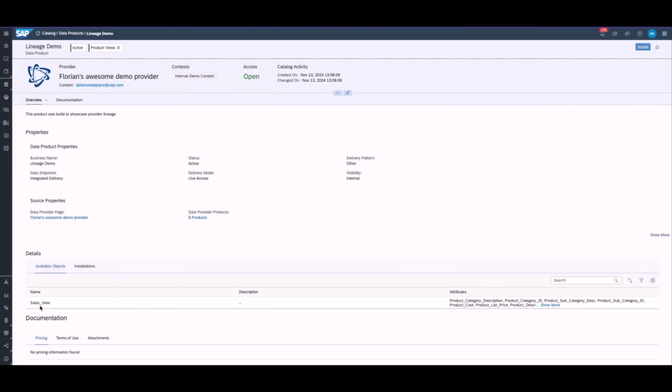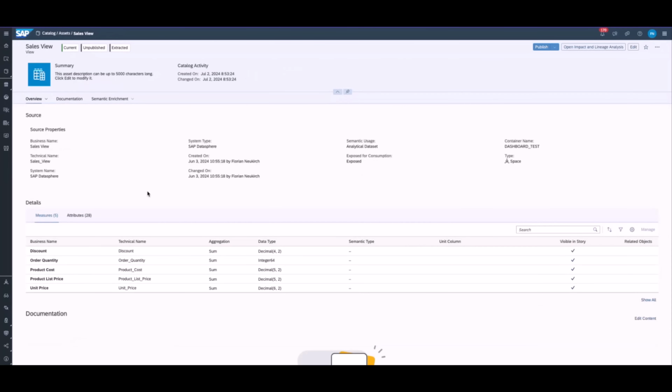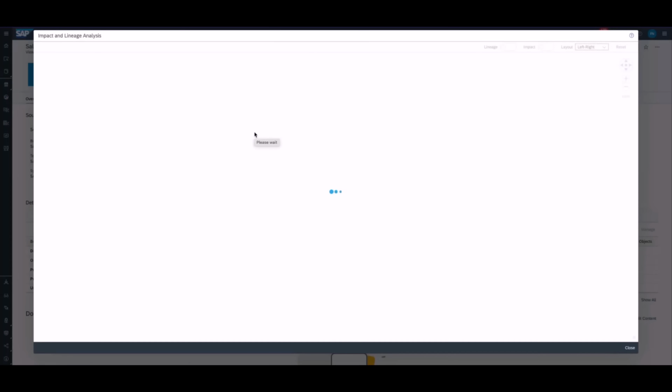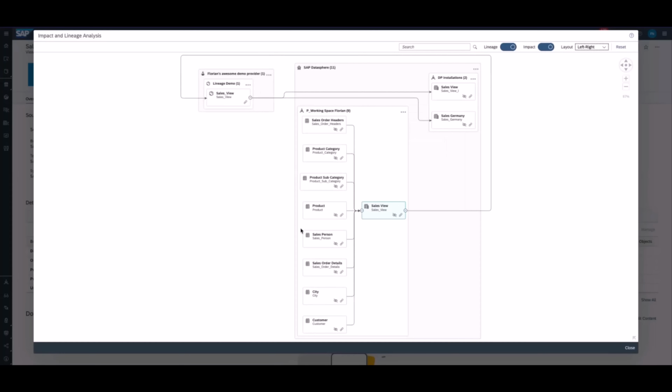You can see from here that this data product consists of one view, in our case, the sales view, with the columns here. And if I go now to this sales view in the catalog, I have, of course, many more details here on what this view is about, but I can now open the impact and lineage analysis. And this will now show me not only the objects that have been used to build that very view, but you can see now that this view is also used in this data product here by this data provider. So you can see the sales view in here,